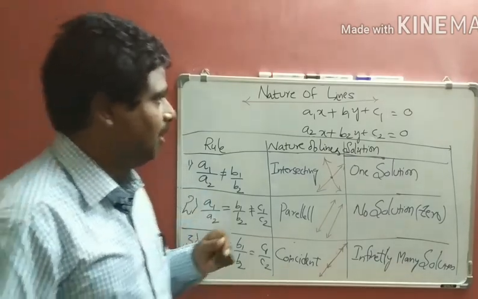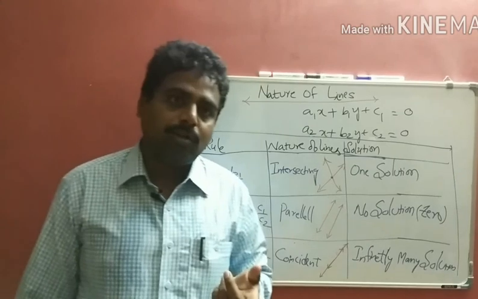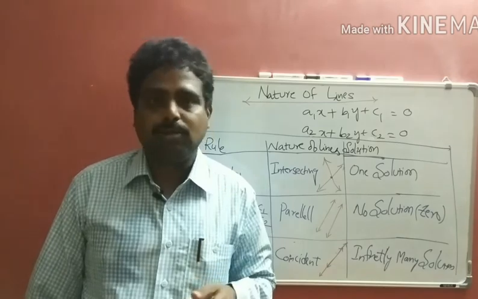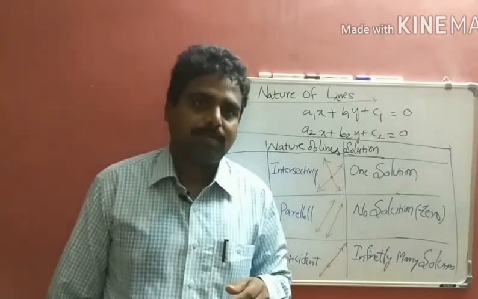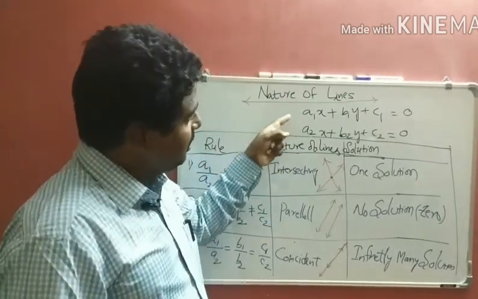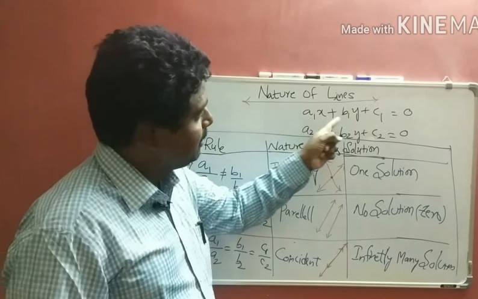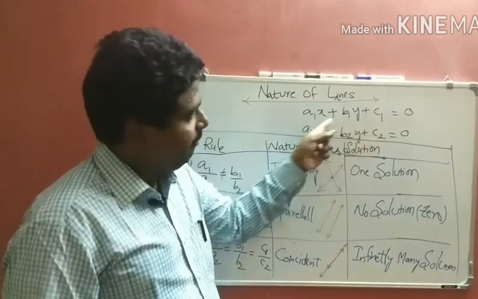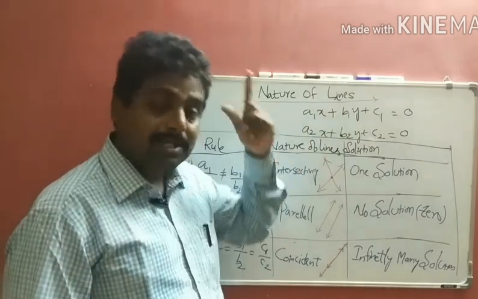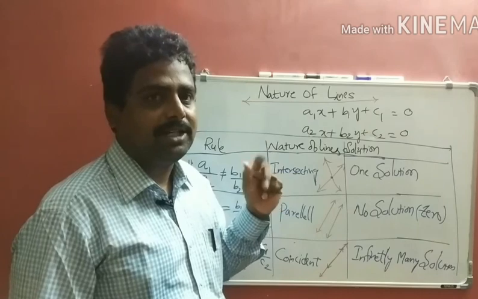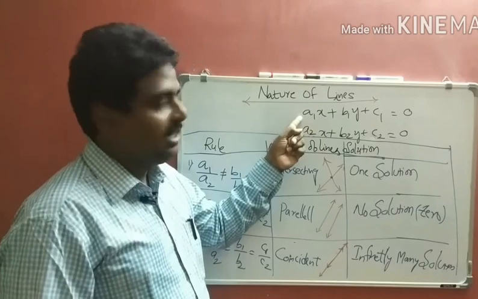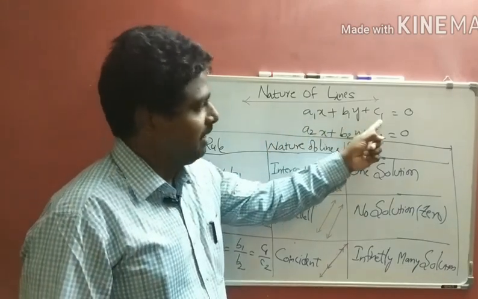Let us observe, as I already told you, that the equation of a line in general form is ax + by + c = 0. In the last class I told you this. Here let us take the general equation of a line as a1x + b1y + c1 = 0. Why do we write subscript 1 here? Because we have to take two lines, since it is the chapter of a pair of linear equations in two variables. So let us take the first linear equation a1x + b1y + c1 = 0.